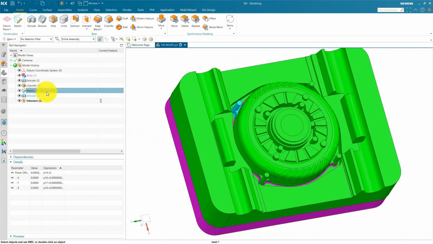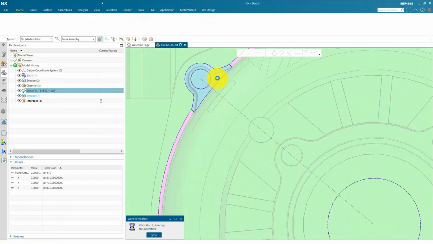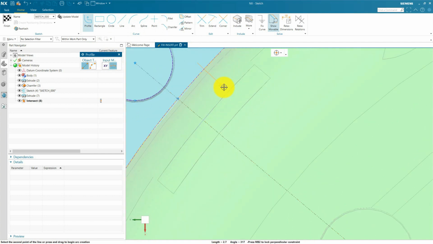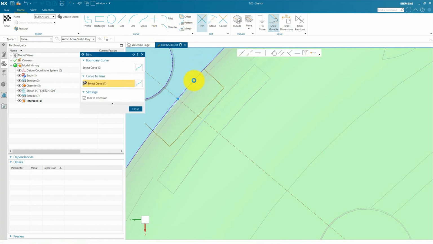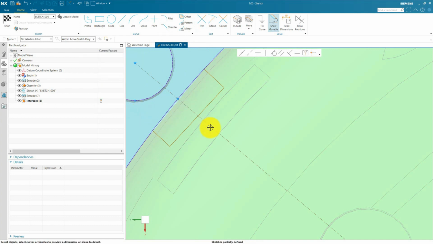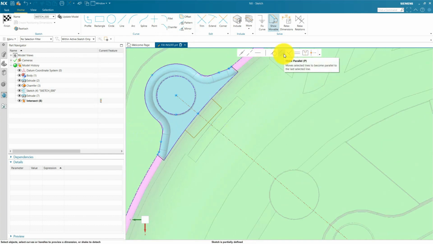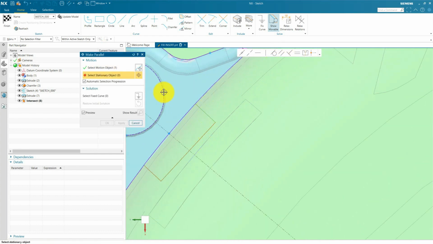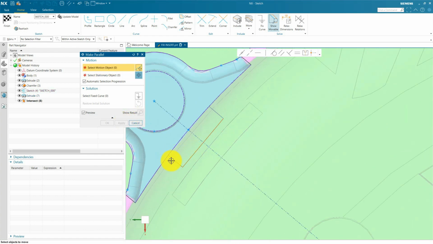we also need to create a sketch for our D-lock. So go to sketch, and now we are going to create some curves like this, and trim this out, and we are going to apply constraints, parallel constraint, and same. This is our motion face and this is our stationary face. Apply OK, and this is our motion face and this is our stationary face. Apply,